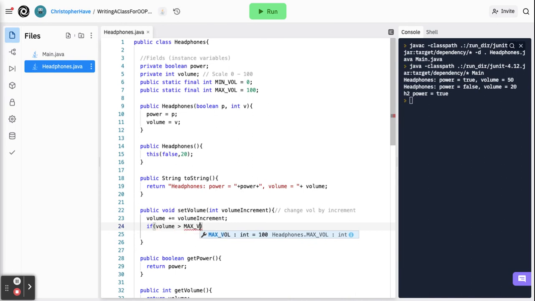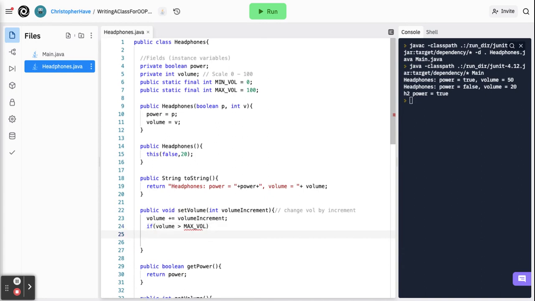and so let's think about that. What happens if you try to turn up your headphones but they're already at max value? Well, it just stays at max value. So in that case, I'll say volume equals max volume. That's a sensible approach. If you try to make it more than its maximum volume, it just stays at the maximum. Likewise, if you try to make it less than 0,